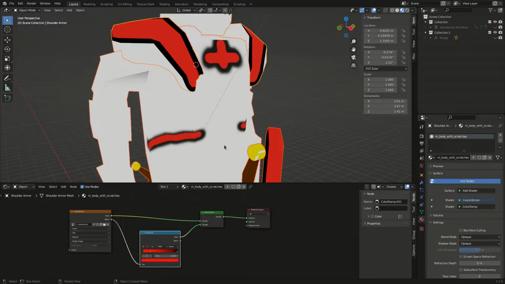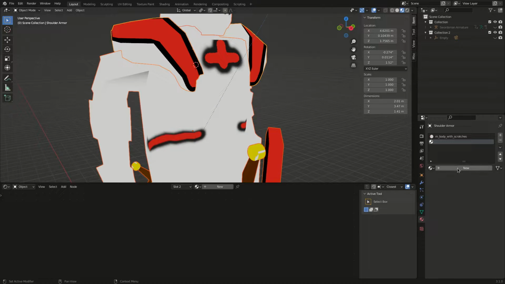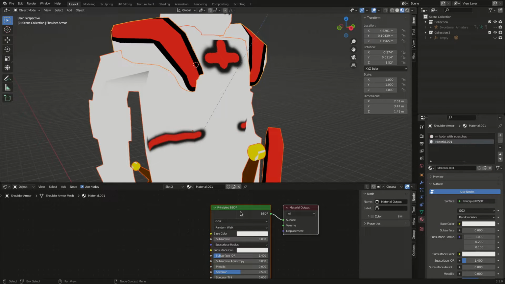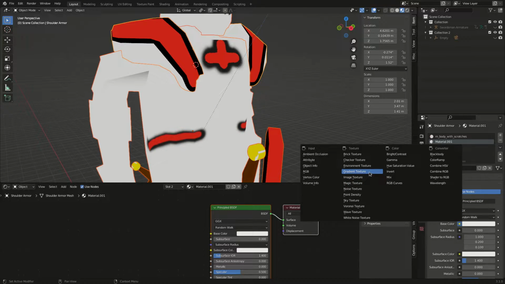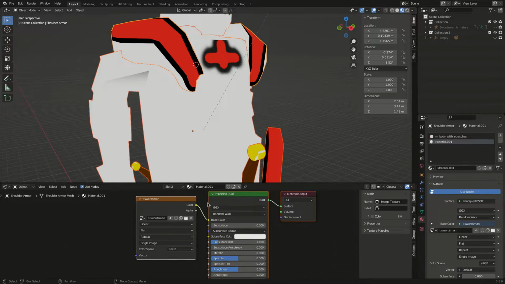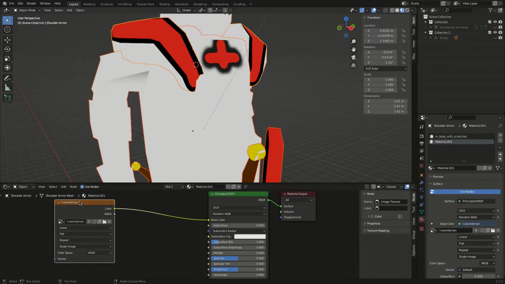If you are unfamiliar with creating materials, it's easy. All you have to do is click your material properties, click the plus, click New. We'll go ahead and delete this principled BSDF, or actually we'll apply an image texture first. Now that I have my texture applied, I can bring it back like so, delete principled BSDF,